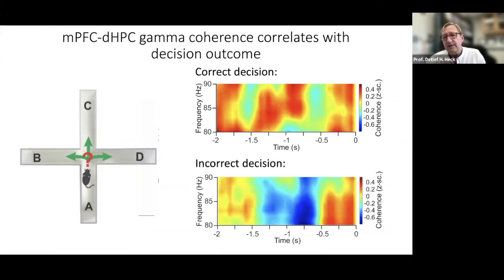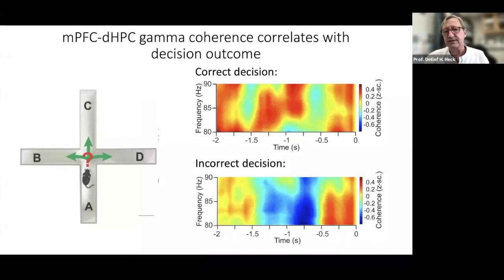So you see there's quite a bit of difference, replicating the finding of Benchenane and others, that correct decisions have higher coherence values than incorrect decisions. And so, knowing that even in spontaneous alternation, which is not a learned task, we get the same kind of coherence value changes in prefrontal cortex and hippocampus,